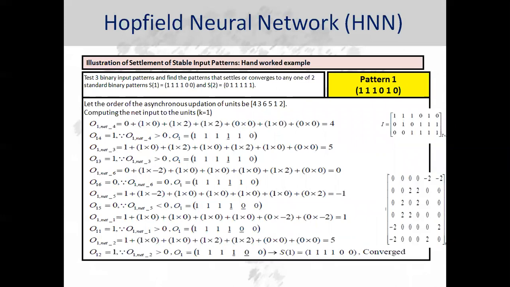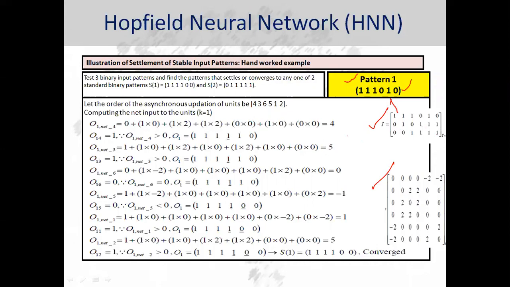Let us try to test it. There were three patterns. Pick up the first pattern, containing 6 features: 1, 1, 1, 0, 1 and 0. Just activate the input layer using this pattern. And the next step as per the algorithm is to calculate the net input. We know the input pattern, we know the weight matrix. These were the input samples and this is the first one, and the weight matrix that we just calculated looks like this.